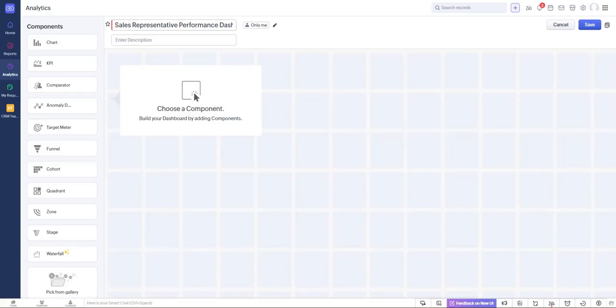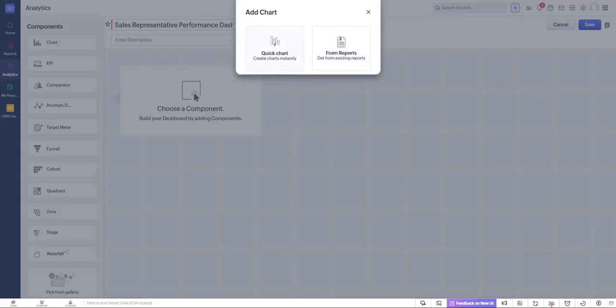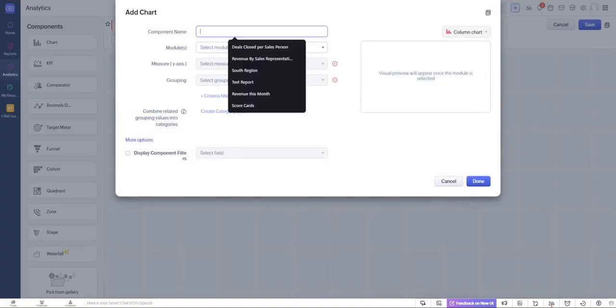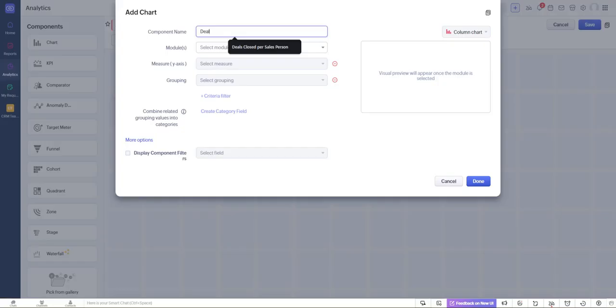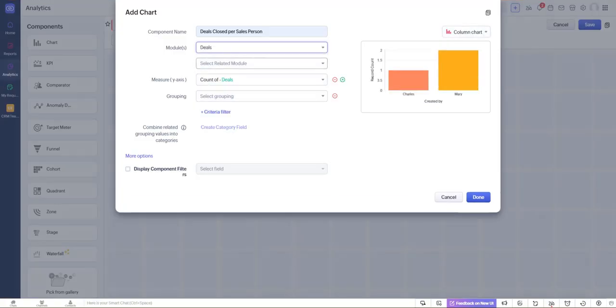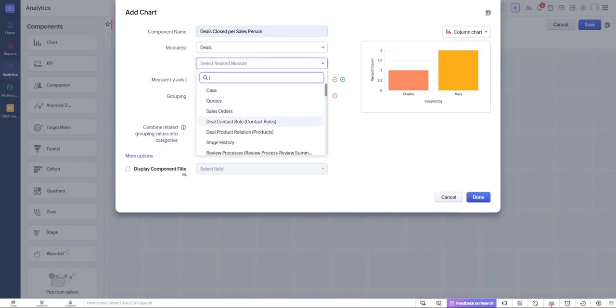So for example, we want to create a component that will monitor the deals closed per salesperson. So all we need to do is to go to the chart component. Let's click on this quick chart, and then let's name it. For example, this component will tackle deals closed per salesperson. We're going to select the module. So let's go into deals, and then select, for example,